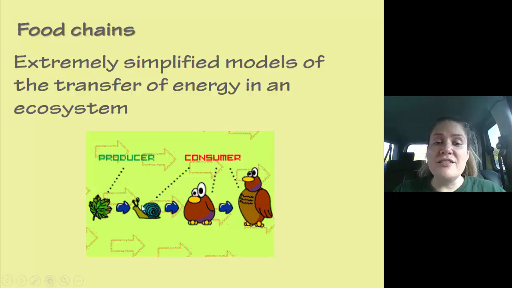It does not mean that the leaf is eating the snail. I have to say we would all be pretty traumatized if we saw a leaf coming along and eating a snail. That's not what this is doing, okay? This does not mean that the snail is eating whatever this weird bird is. It means the energy is going from the leaf to the snail, and the energy is going from the snail to this weird bird. So again, arrows in a food chain go in the direction of the flow of energy.